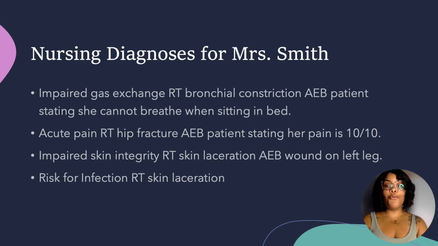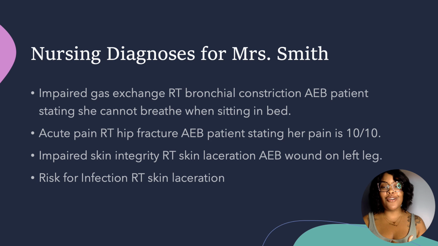All right, so what I came up with, the first one is impaired gas exchange related to bronchial constrictions as evidenced by patient stated she cannot breathe when sitting in bed. So impaired gas exchange, right? So we know that she has respiratory issues, right? We know we're looking for a respiratory diagnosis because she's on oxygen. So that's an easy one, remember, ABC, right? So impaired gas exchange related to bronchial